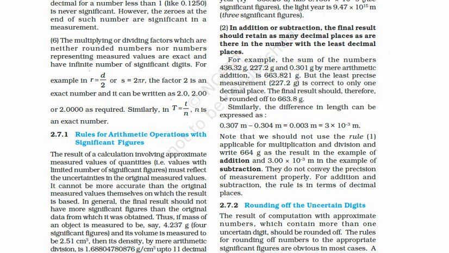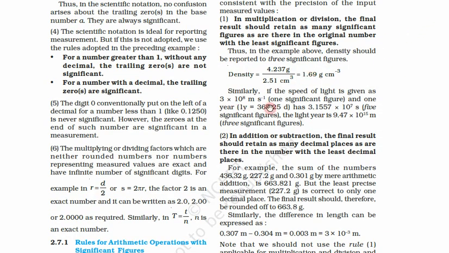So in the previous example, we used the number of significant figures in the number that has the least significant figures. This has 4 significant figures, this has 3. So in the answer we used only 3 significant figures. Suppose this number is only up to 2.5, then we will remove the third number also, so we can approximate it as 1.7. So we use the number which has the least significant figures in case of multiplication and division.